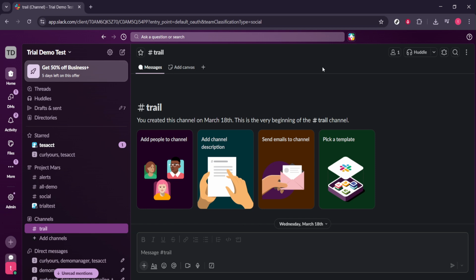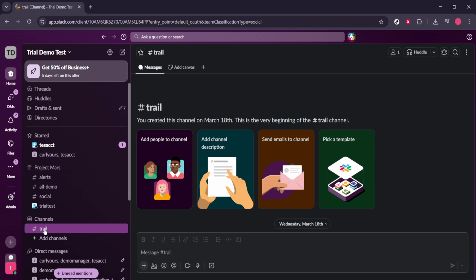I'll walk you through the exact clicks, explain what each screen means, and share a few helpful notes so you know what to expect. Start by opening Slack and navigating to the channel you want to use. Make sure it's the correct space for your message, whether that's a public channel for broad visibility or a private one for something more sensitive. Keep in mind that your ability to add people in bulk can depend on your role and your workspace's settings,